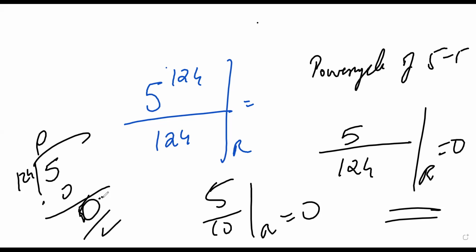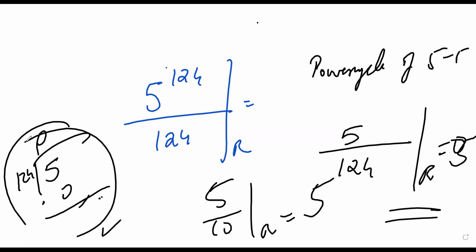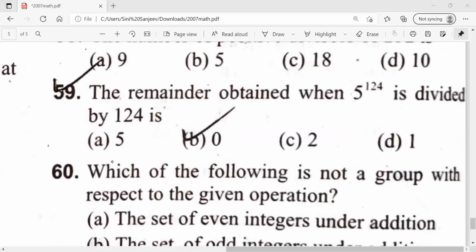You got the point in this question? So let me just check the thing. Sorry, excuse me, one minute. It's not 0, sorry, I made a mistake. 5 by 10, the answer is what? 5 itself, because anything divided by a bigger number leaves itself as the remainder. So 124 and 5: the remainder I'm getting is 5 only, not 0. Even though I ticked the answer as option 0, the answer is 5 itself here.